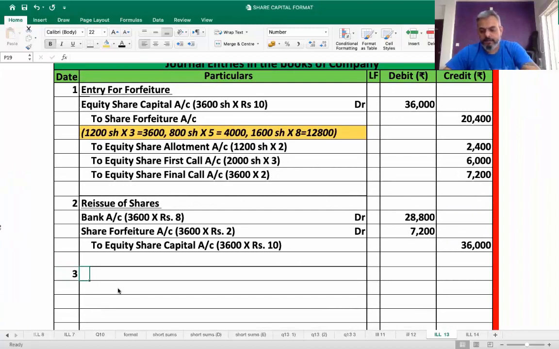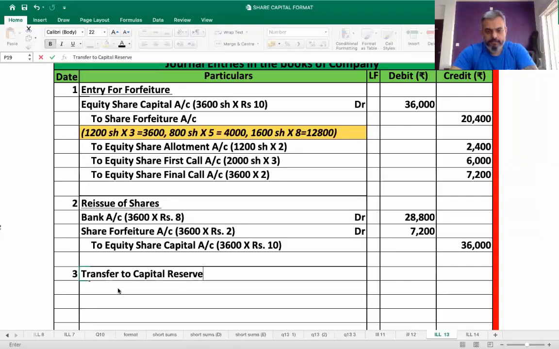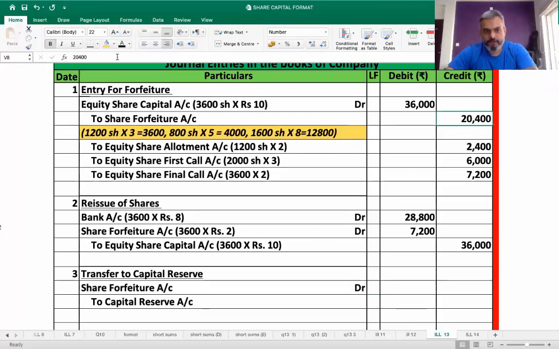Third, we transfer to capital reserve. Share forfeiture account debit to capital reserve account. Now, because the number of shares forfeited and shares reissued are the same, we can do credit minus debit,